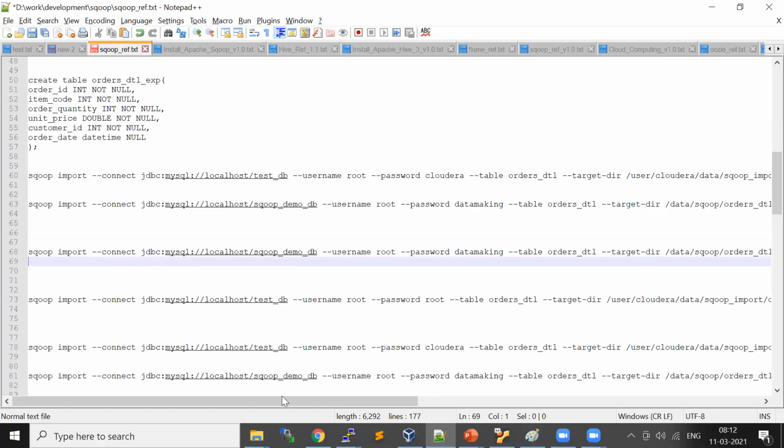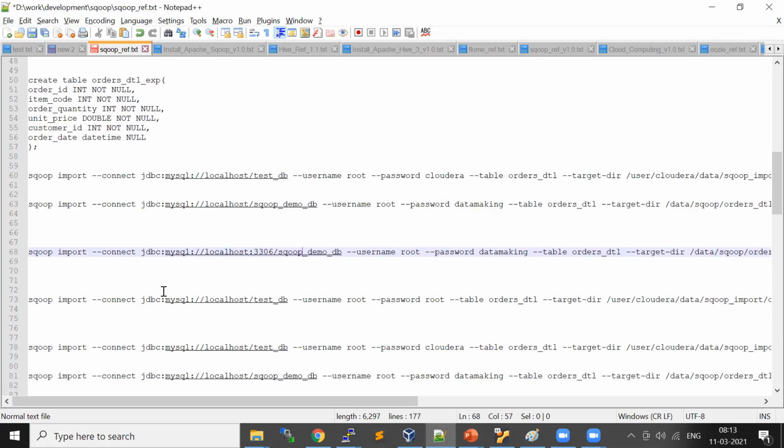So as I mentioned, for MySQL, the JDBC URL. This is the sqoop import followed by the connect property you have to provide. For the connect property, the value is basically a JDBC URL. Because we are pulling the data from MySQL, our JDBC URL is jdbc:mysql://localhost. You can provide the port number or you can leave it, because the default is 3306. You can either provide it.